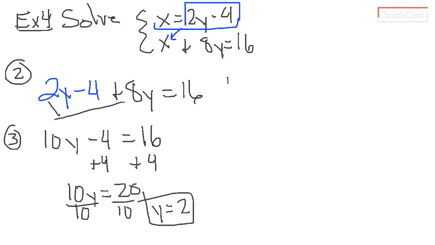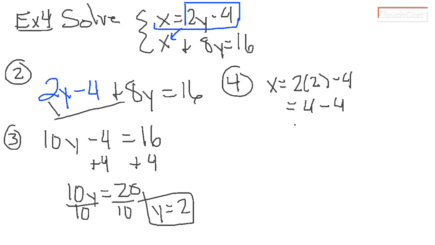Step 4, we're going to take one of our original equations and put 2 in for y and solve for x. And I'm actually going to take the first equation, x equals 2 times 2, and then I'm going to subtract 4 from it. Well, 2 times 2 is 4, and if I subtract 4 from 4, we're going to find out that x is equal to 0,